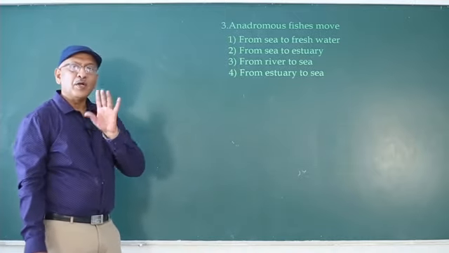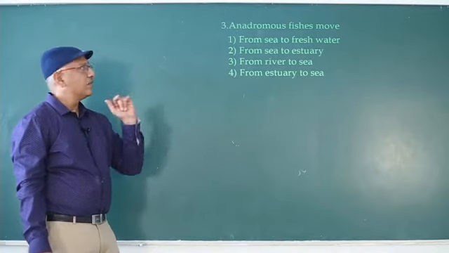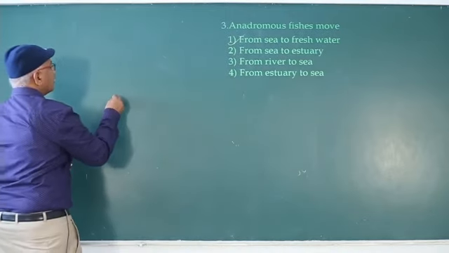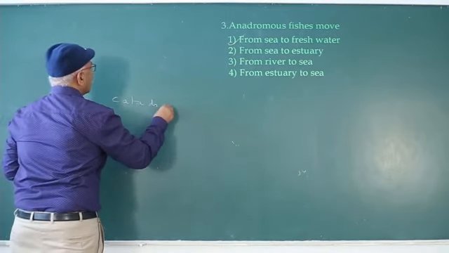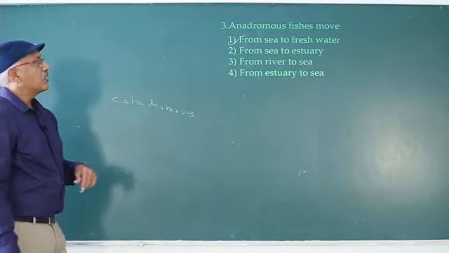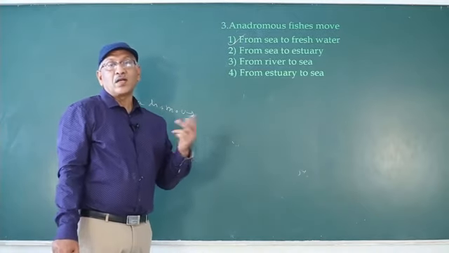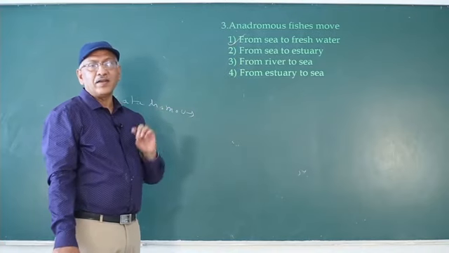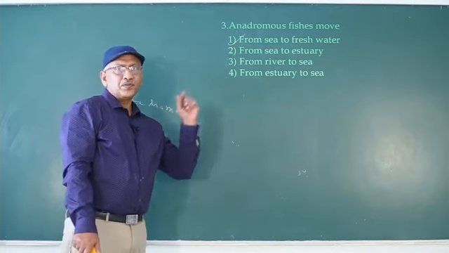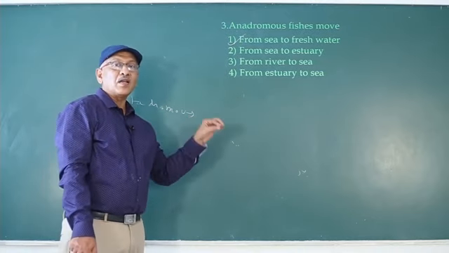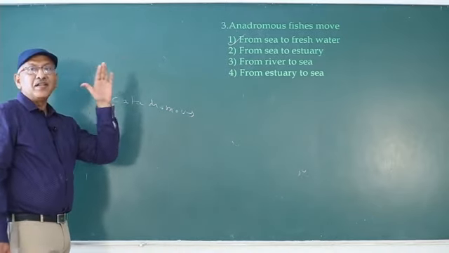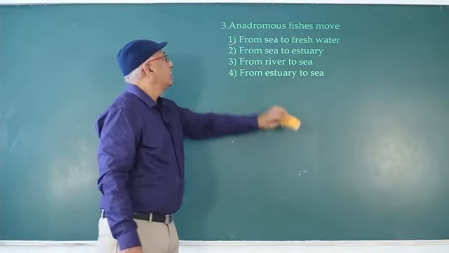So it is better to remember only one. Anadromous means ascending. So from sea water to fresh water is anadromous. Catadromous is from fresh water to marine water. Anadromous migration examples: salmon, hilsa. In case of jawless fishes, anadromous migration is exhibited by members of class Cyclostomata. Anadromous means ascending. Next question.